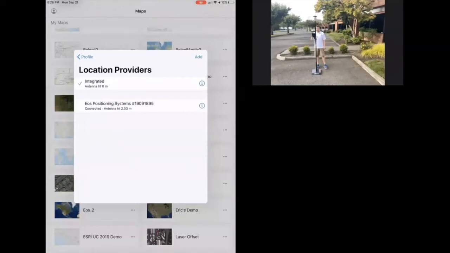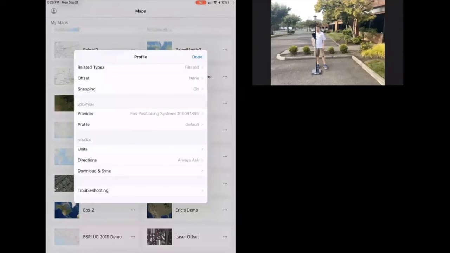So tap on it again, and now you can see that blue check mark has moved down, and Collector is now using my Aero RTK device as the location provider. Now the next thing that we need to check, and this depends on what kind of receiver you're using, is